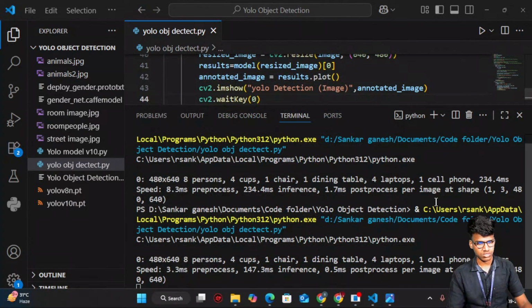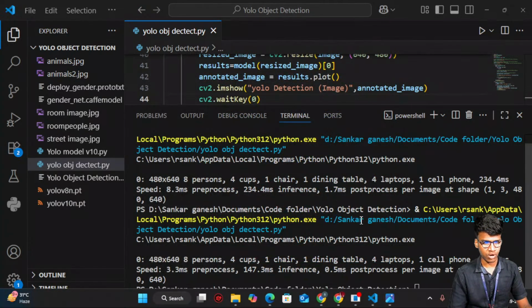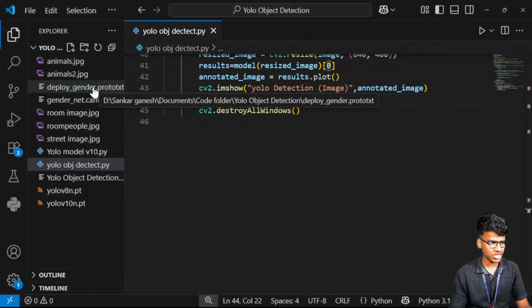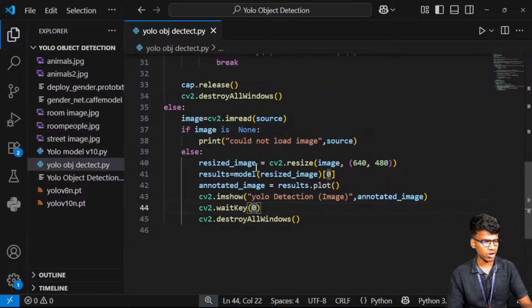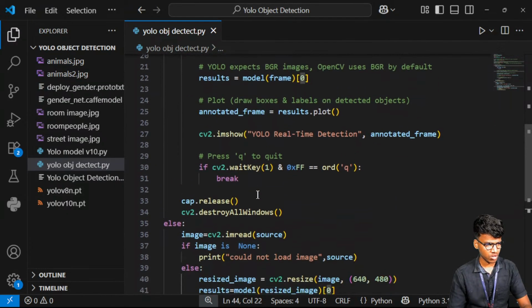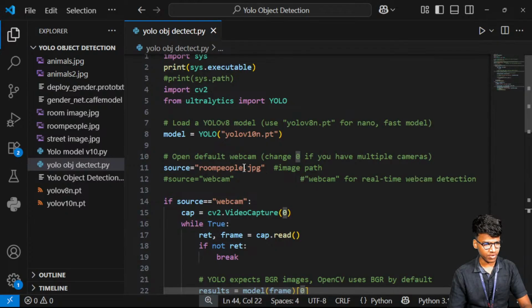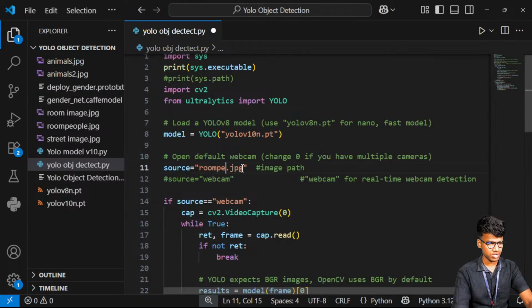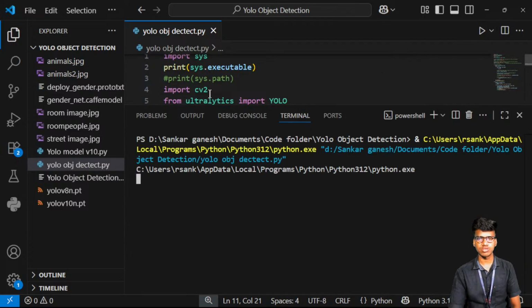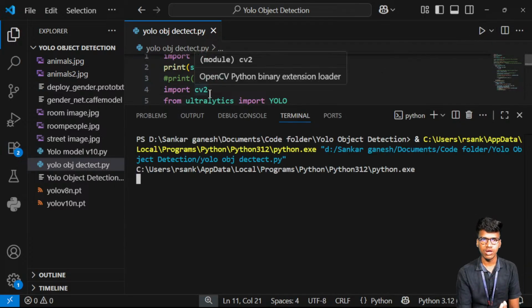Okay, so now I close this. How many things are detected, so everything will be there in here. Now I change the image, like animal.jpg or street image. We can try with the street image. Everything is a JPG model format. I try with that street image. I save this and run again. This time, what exactly is in the street image, what the objects inside the street image are, they have to find out.